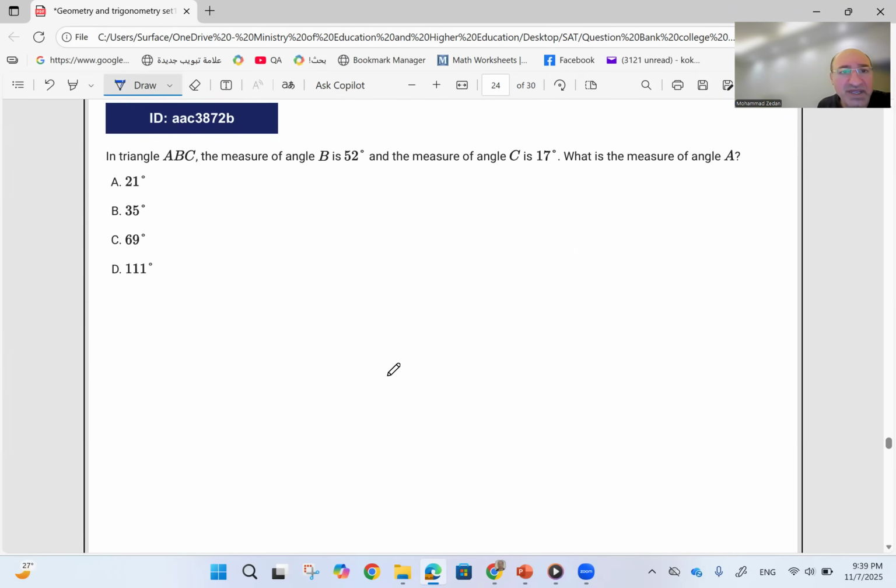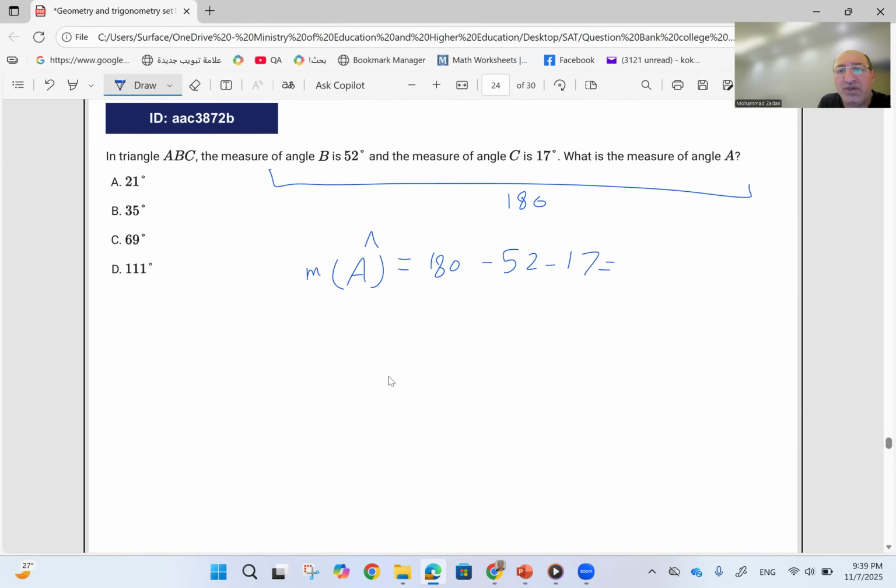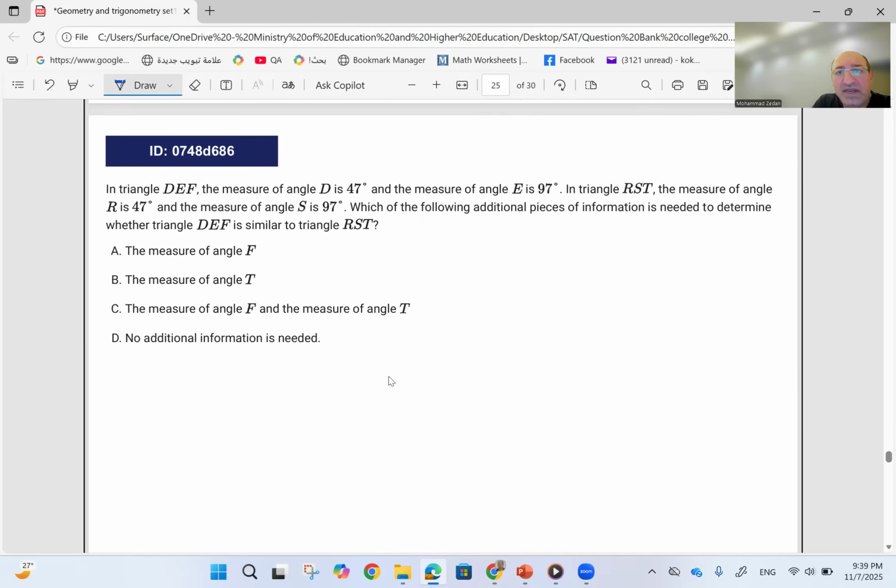In triangle ABC, the measure of angle B is 52 and the measure of angle C is 17. What is the measure of angle A? The sum of all angles of a triangle is 180. So the measure of angle A here is simply 180 minus 52 minus 17. Use it and pick the correct answer from this. And question number